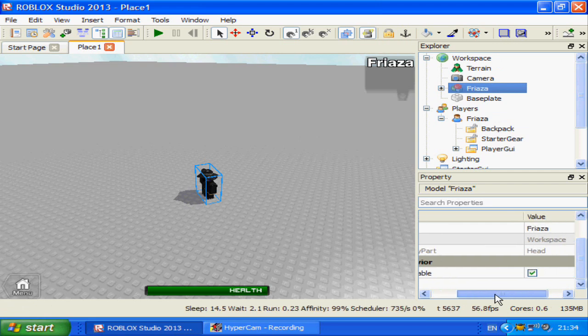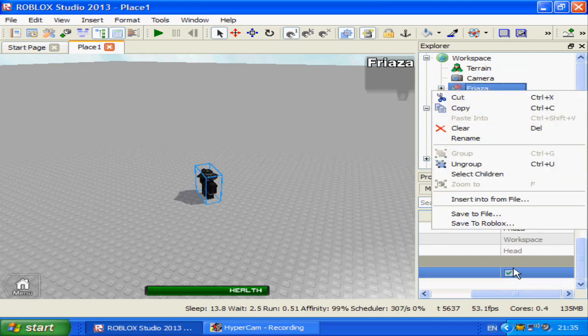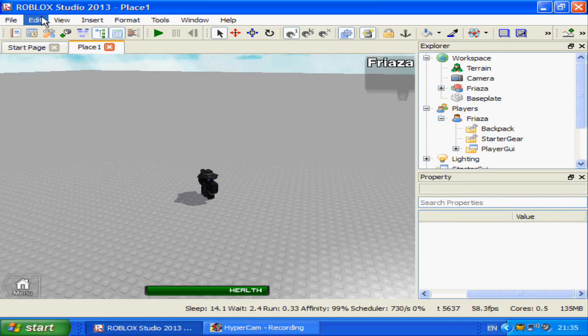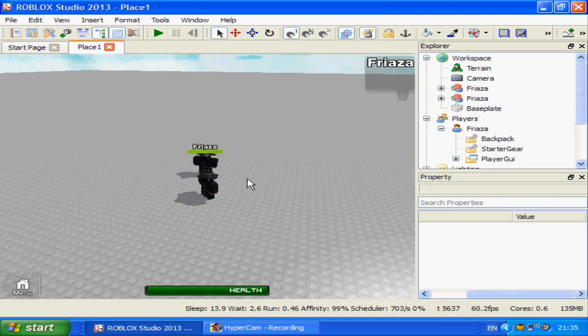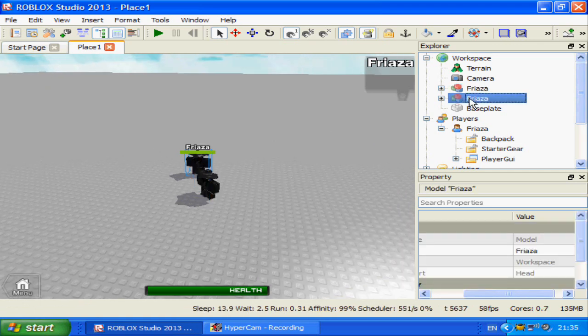and make myself archivable, however you want to pronounce it, so that I can be copied. Now when you've got the green tick here, right click copy or Control C, then Control V or edit paste, and now you have a clone of yourself. I'm going to rename the NPC to Friaza,